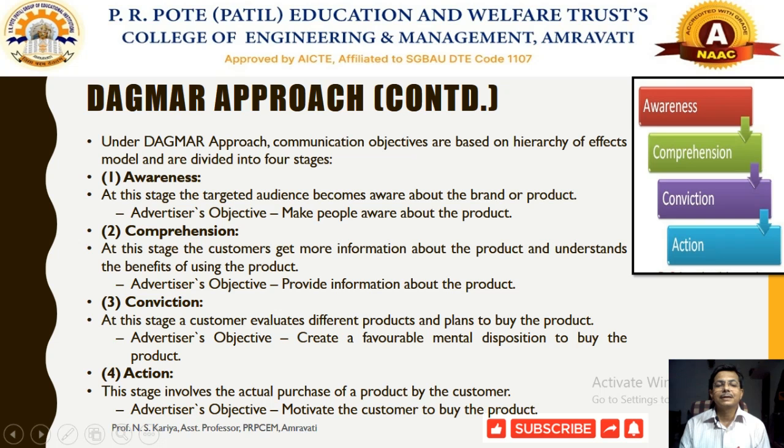Finally, we need to concentrate on the conviction stage. Here the customers try to evaluate the product on the basis of what the product offers, or what benefits the customer will receive, and how they will think about that particular product. So we need to create a favorable mental disposition to buy the product. For example, in the case of comprehension, it will be made clear that the product is 100% germ free or 99% germ free. In this way we should communicate, whereas in the case of conviction, to create some sort of convictions,